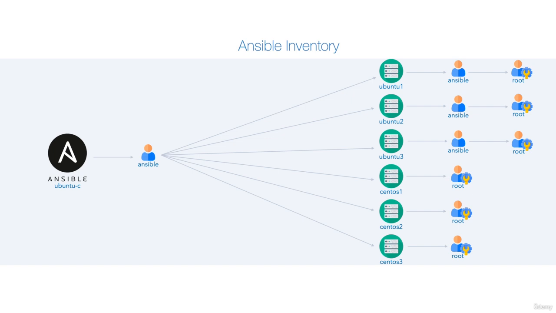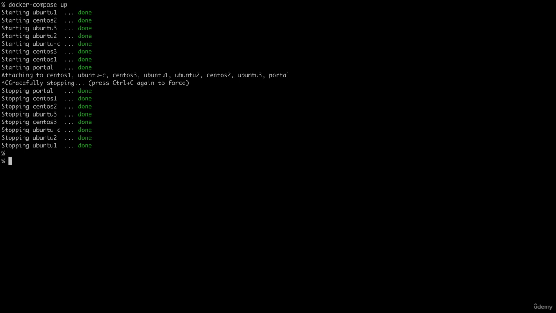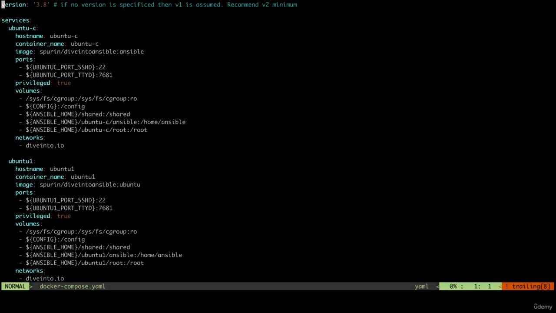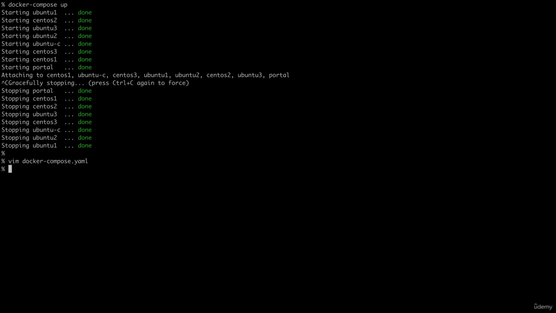Let's set this up. If you go to your terminal where you're running our lab and press Ctrl+C, then edit your Docker Compose YAML file. Find the section for CentOS 1. And what we're going to do here is swap the images so we have an image which has SSH configured on 2222 rather than the default. Okay, and if we save this file and we run our Docker Compose up,